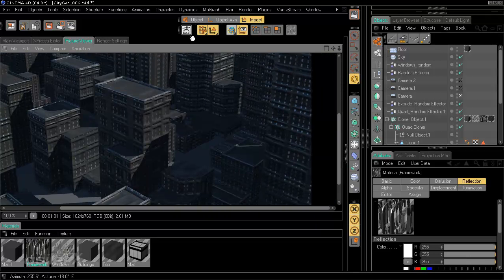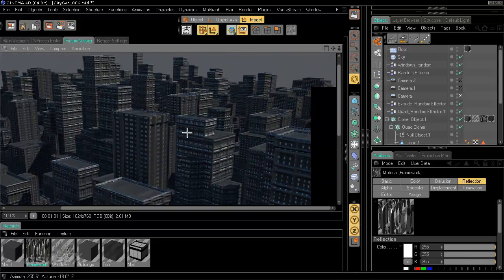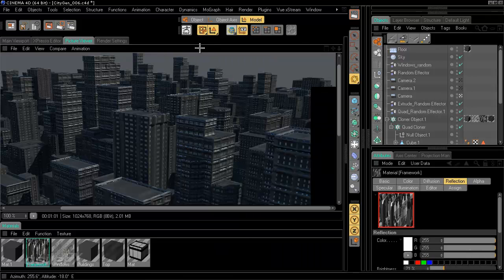Either that or really reduce the Phong angle even lower. But you can see what you can do with it. It's a pretty powerful way to add a lot of definition to the object without needing to actually go in and create the geometry. So I'm just going to turn this off, and I want to show you another thing